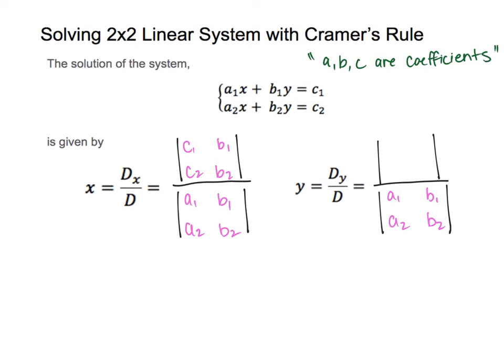So for x, how I remember is that the b's always line up. Basically, the coefficients for y always line up on the right-hand side. For y, it's the opposite. The a's will always line up. So basically, the left side will always line up. And then the c's will be on the other side. And that's just some tips to help you remember how to find the determinants for Dx and D and Dy and D. Okay, so in the next